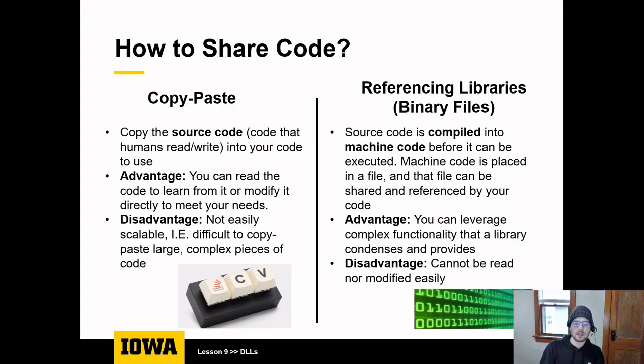Okay, so the idea here is we can package and condense all of our functionality into one of these binary files and call or access that binary file from our code in order to use the functionality. And of course, that's the advantage, and the disadvantage is that you can't read what's in these binary files, right? It's all ones and zeros, so it's not human readable. So those are our two options for sharing code, and we're talking about this one here on the right, referencing